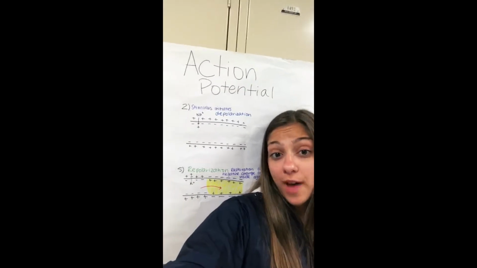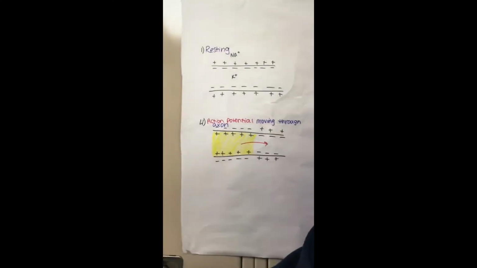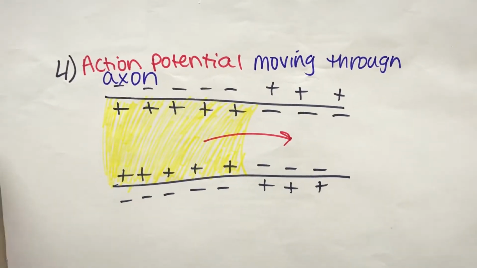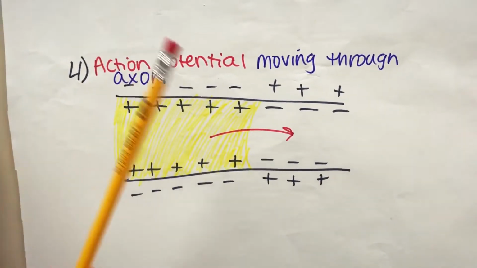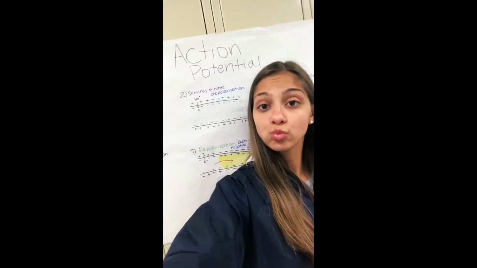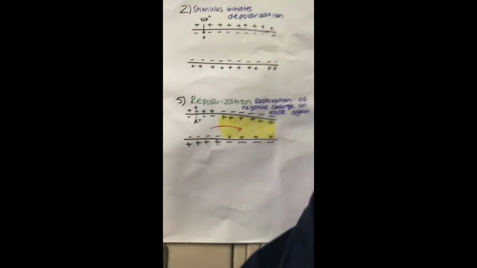The fourth step of action potential is action potential moving through the axon. A nerve impulse is an all or none response. So if action potential happens, it will continue to move down the axon and sodium and potassium ions will continue to switch. The fifth step of action potential is